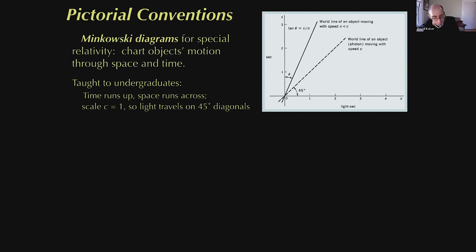These Minkowski diagrams, which of course many of you had already seen probably before this term. We spent some time looking at them together early in this semester, and we talked about special relativity. Literally space-time diagrams. Feynman was not shy about adopting the exact same conventions when he began drawing his little doodles, his at first kind of private sketches. Not just that you have one dimension of space and one of time. He oriented space along the horizontal. There's no law that says you have to do that. He tacitly starts scaling the speed of light to be 1, so that light travels along 45-degree diagonals, and he's not literally drawing space-time diagrams.